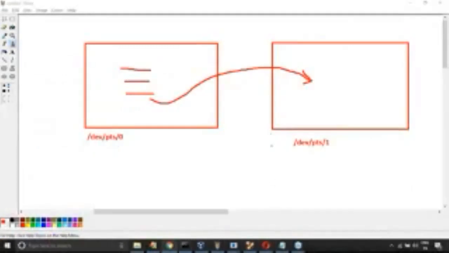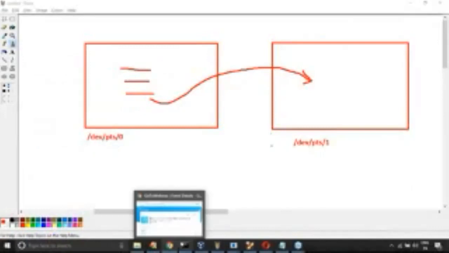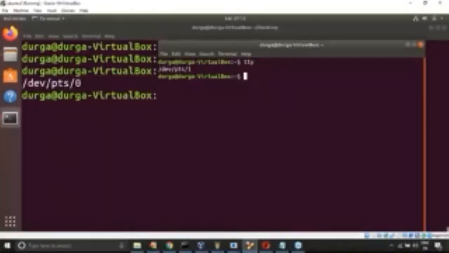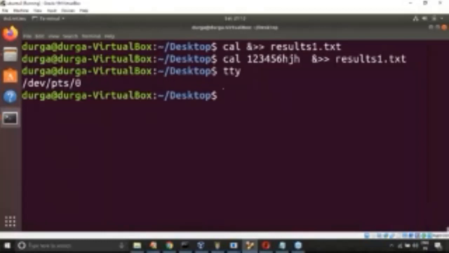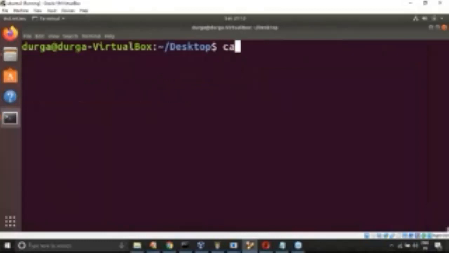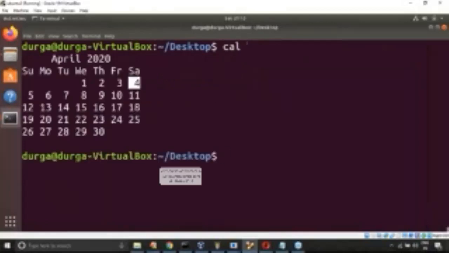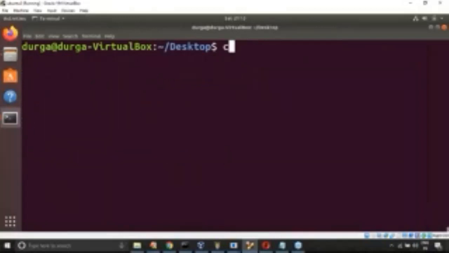Yeah, now observe carefully, right? Here what I'm trying to take is, I'm in the first terminal. Here I'm running cal. By default, where will the output be displayed? Can you please tell me? The output will be displayed in the first terminal. Hey, don't display to the first terminal. Can you please send this output to the second terminal? Okay, this is my requirement.